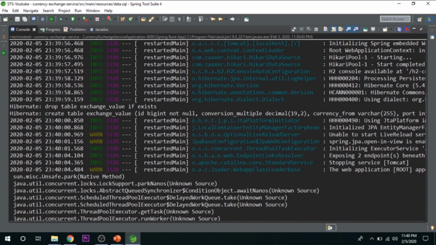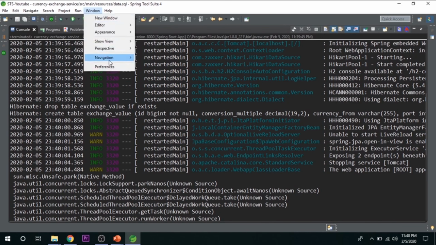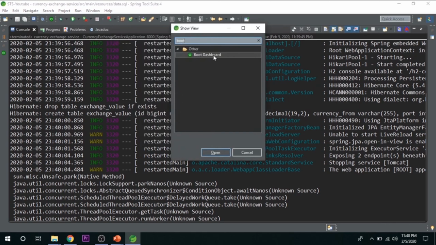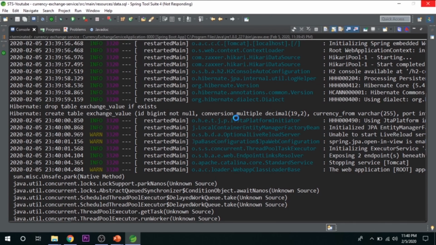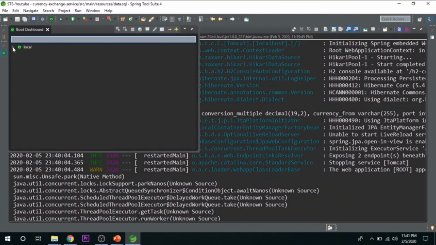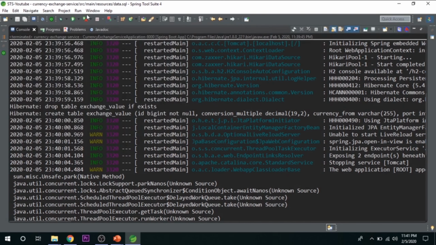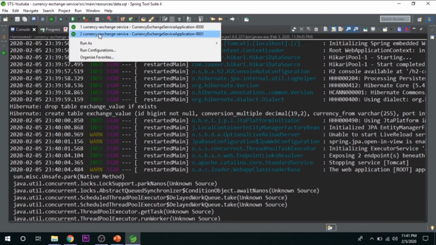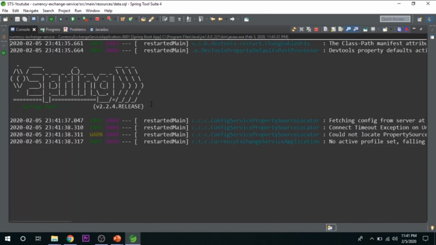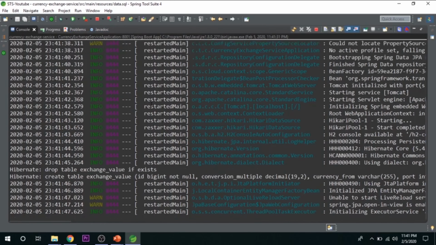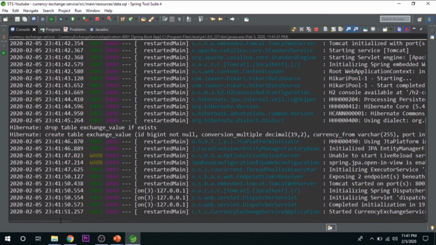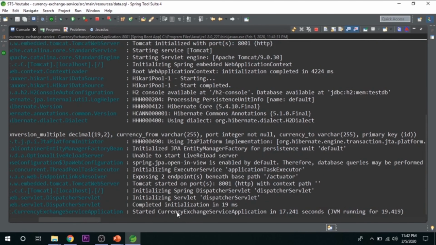So this port is already in use. Let's check it quickly. Let me start on port 8001. You can see here the currency exchange service application is started at port 8001, and